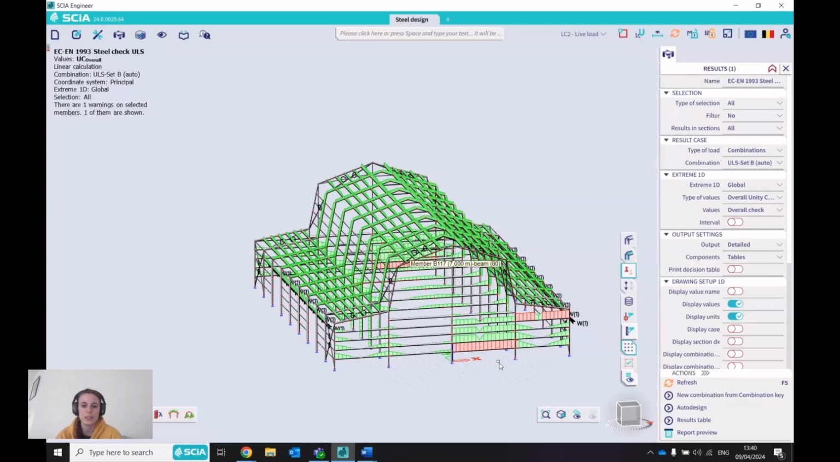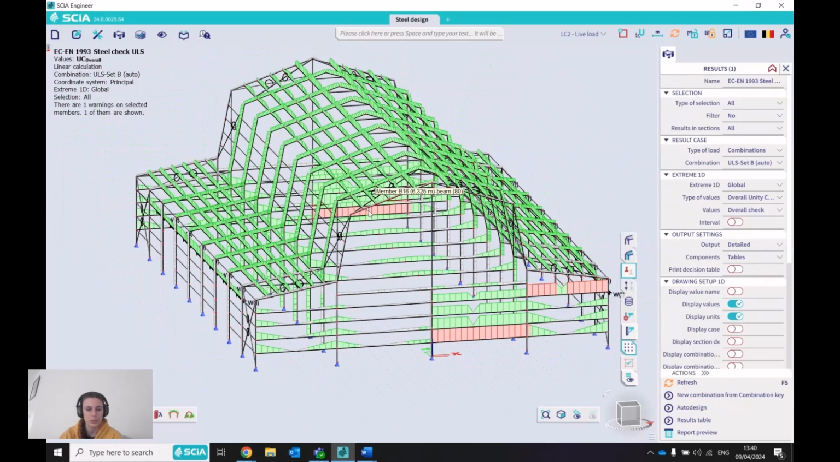And once the checks have been calculated, one of the strongest parts of SCIA Engineer is the possibility to give you very detailed outputs on all the values and how they were obtained. So I already showed you the detailed output in the tables version, but we also have an option to print out formulas, or both tables and formulas. And if I do this, refresh and show the preview,